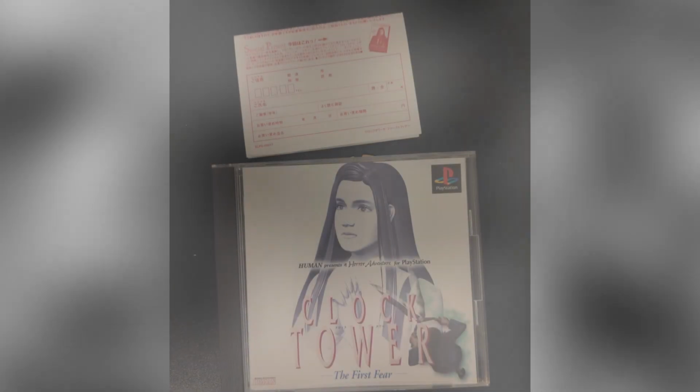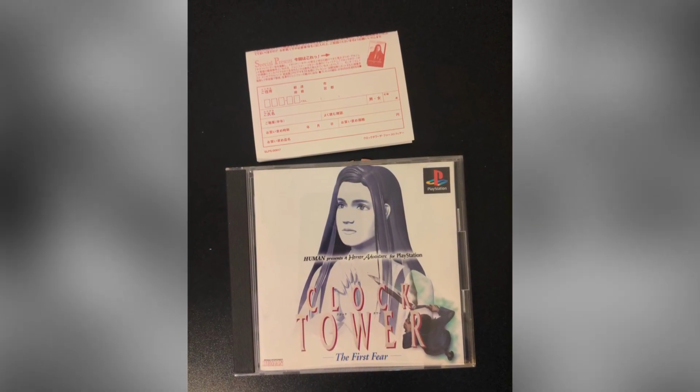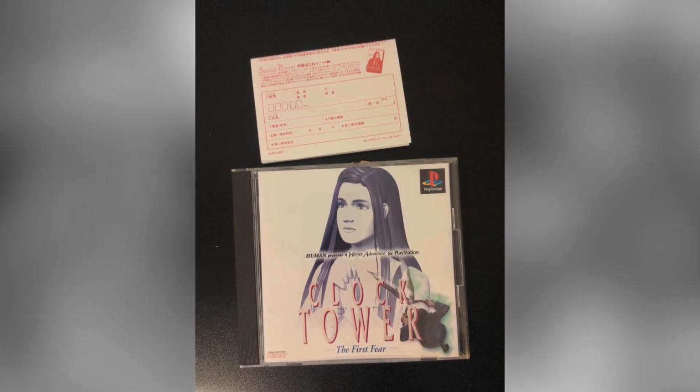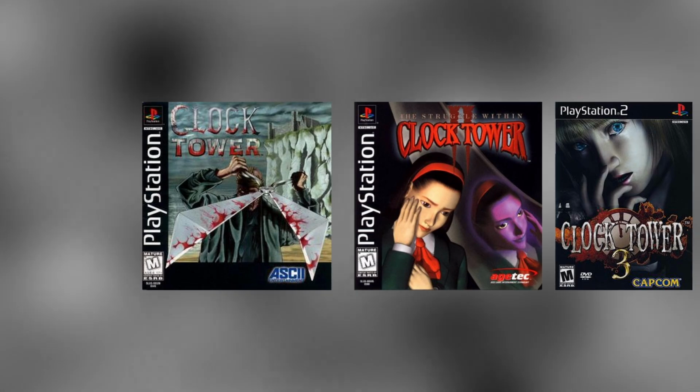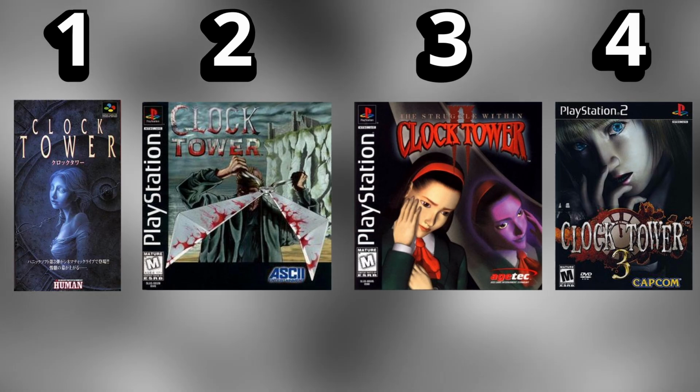Clock Tower: The First Sphere is probably one of the more obscure games in my collection. It was originally released only in Japan, but it did receive several fan translation patches over the years. Then to make things more confusing, the second, third, and fourth entry in the series were released in English, but referred to as Clock Tower 1, 2, and 3, which left the existence of the true first entry unknown to